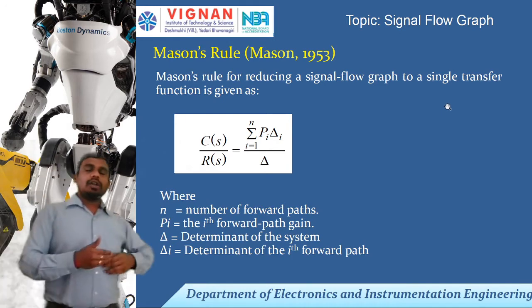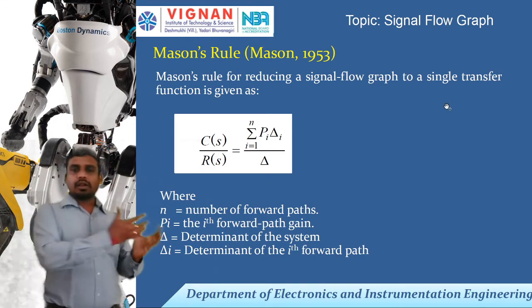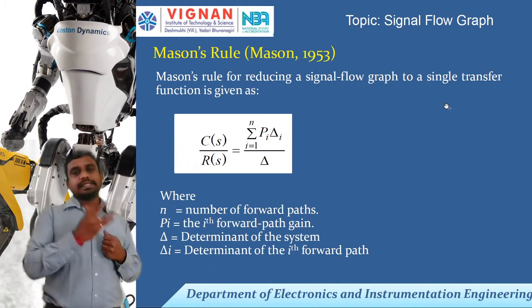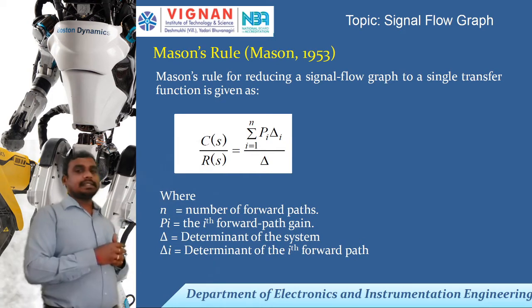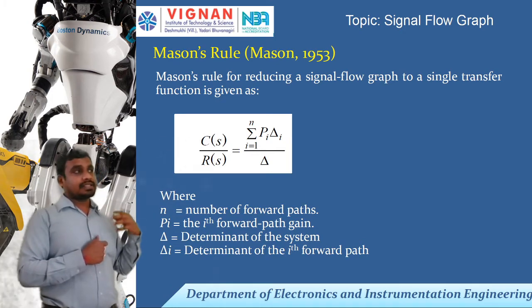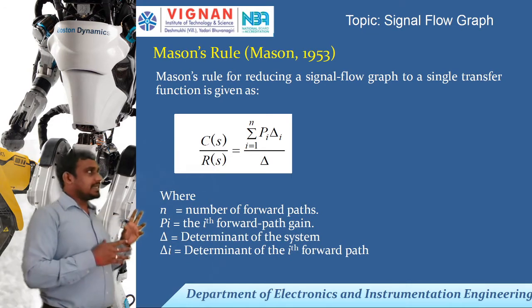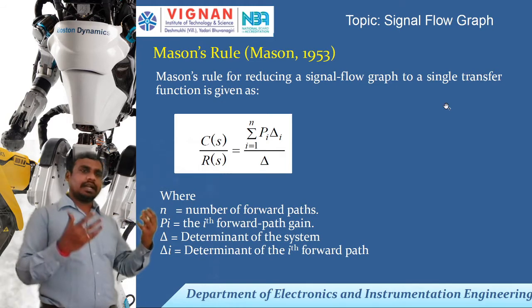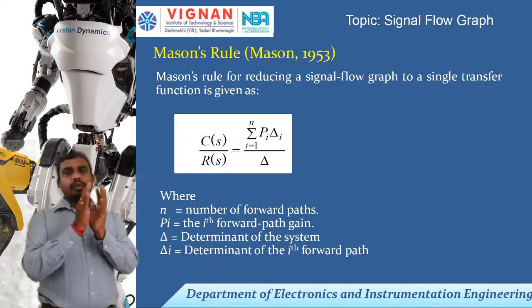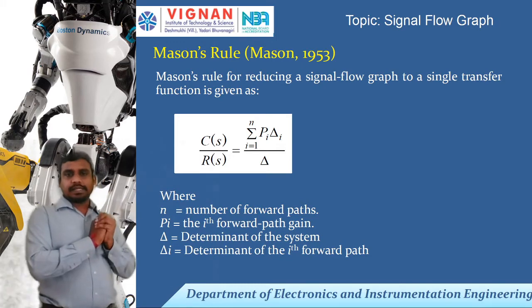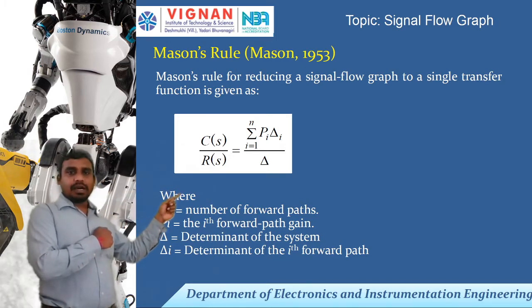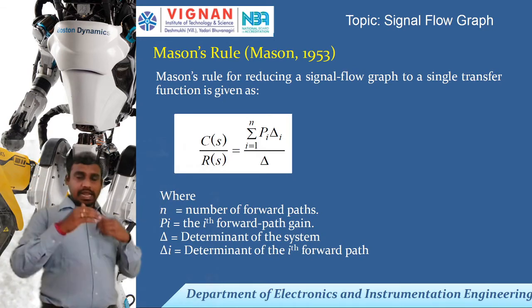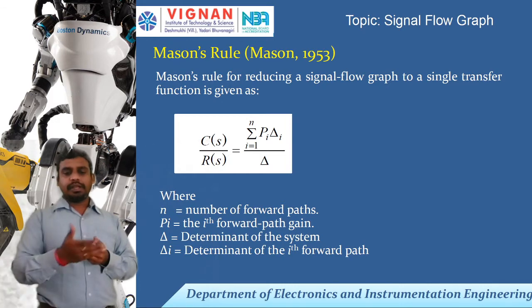So we have gone through all these steps, but why we are going through these steps is we have to get a transfer function using a signal flow graph. Mason is a scientist. He proposed this signal flow graph, the Mason rule, which gives the relationship of input and output. In the block diagram reduction method also, by reducing different blocks, we got one single transfer function. Similarly, by using this Mason gain formula, we will be reducing the whole signal flow graph into a single transfer function. How we are doing it, we'll be seeing in numerical problems.